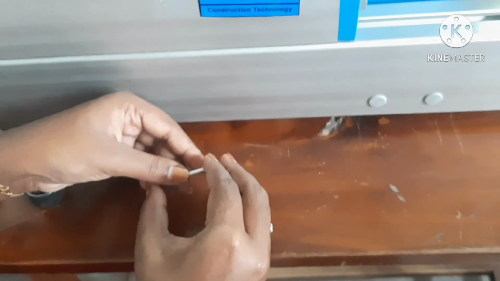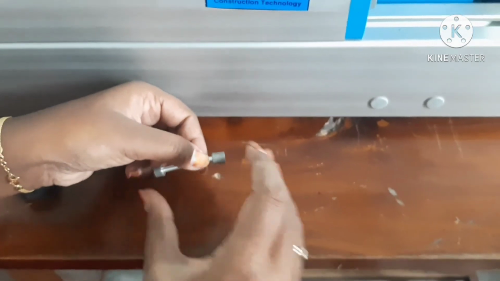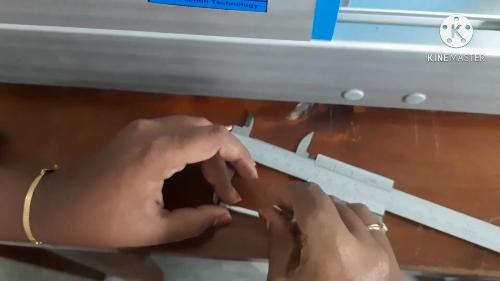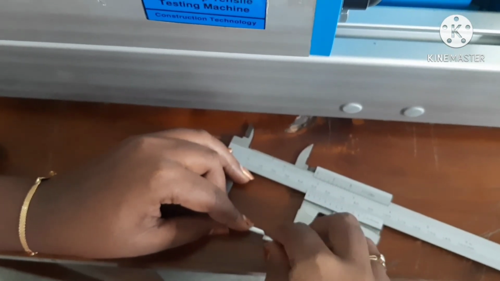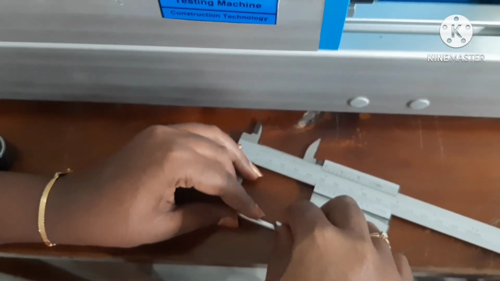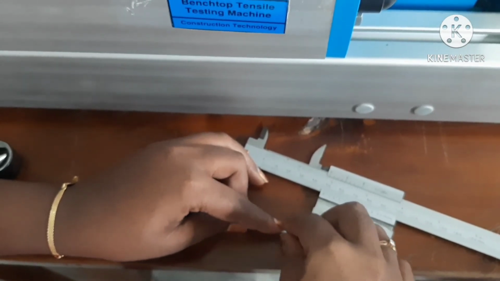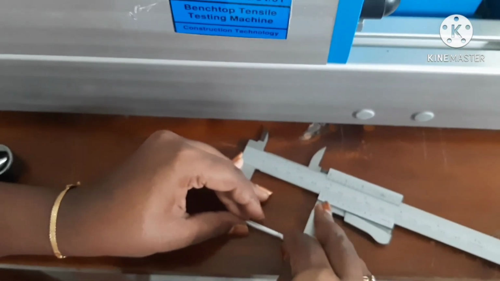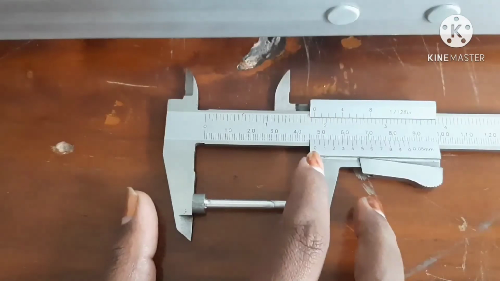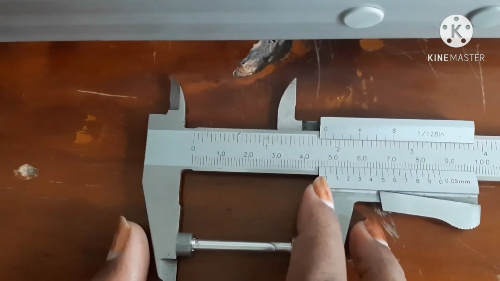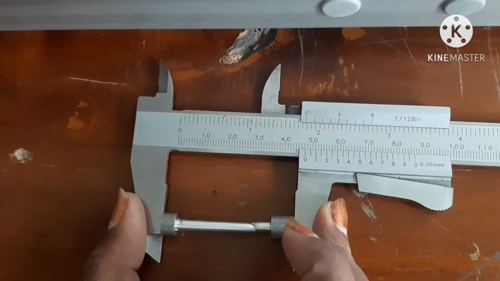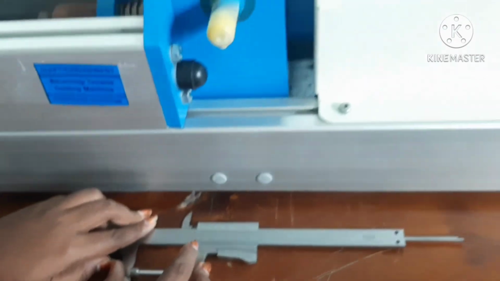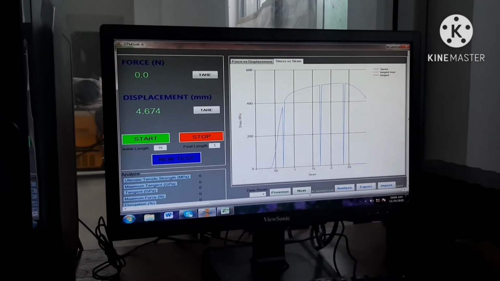Percentage elongation after fracture depends on the length to diameter ratio, by measuring the smallest diameter at the point of fracture. For the sake of joining the fragments, I have kept it like this, but you have to measure the actual gauge length as shown.